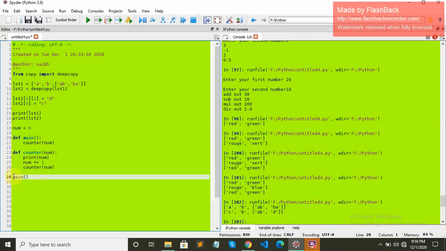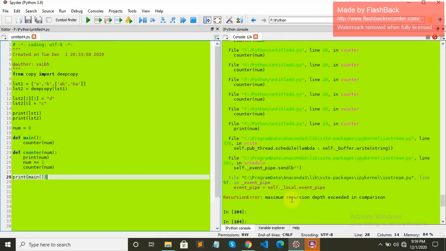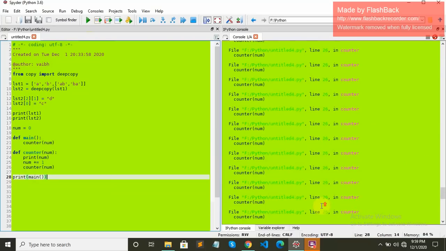If you want to see, I can just print it for you. You can see it is just maximum recursion depth exceeded because it was an infinite loop.